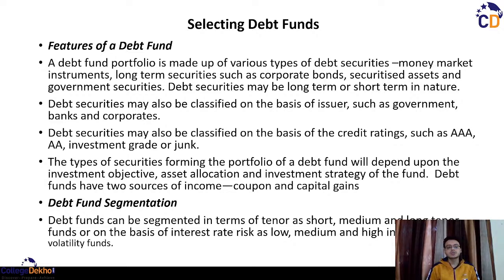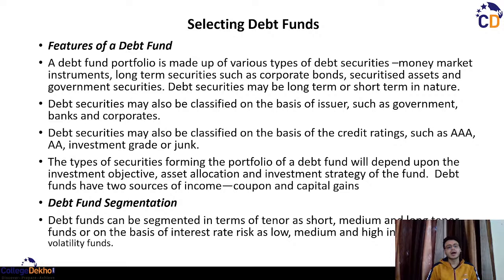Money market instruments are the short-term instruments which are either issued by the government, be it your T-bills, which have a maturity of up to 1 year, be it 91 days T-bills, 182 days T-bills, or 364 days T-bills. And on the others, you might have some certificates of deposit or commercial papers, which are short term. These are basically issued for supplying the working capital needs of the company.